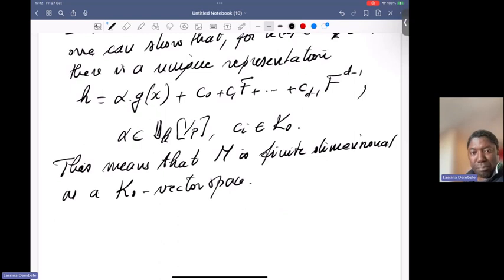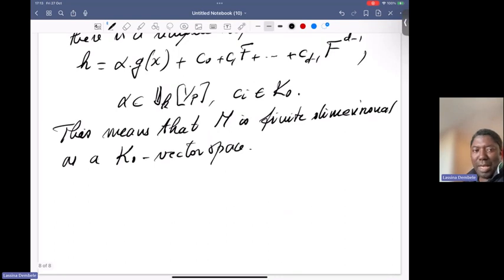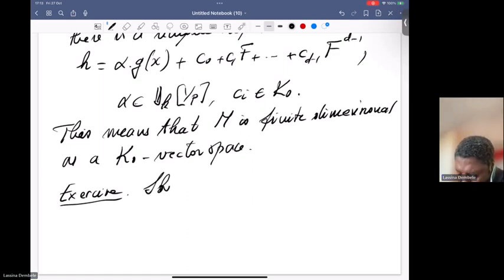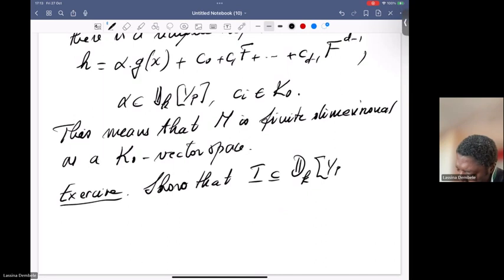And so we are going to use this lemma. It's a very simple lemma, but it's very crucial. In order for us to use the lemma, I'm going to complement it with an exercise that I'm leaving to you guys. So the exercise says the following. Show that if you take a subset of the Dieudonné ring,